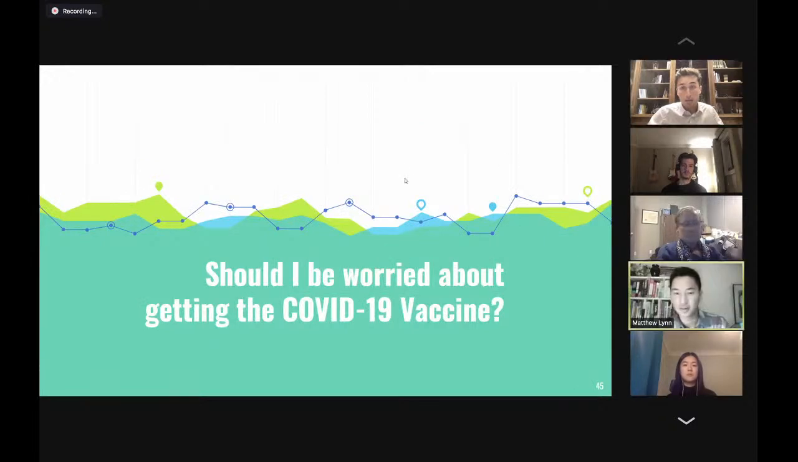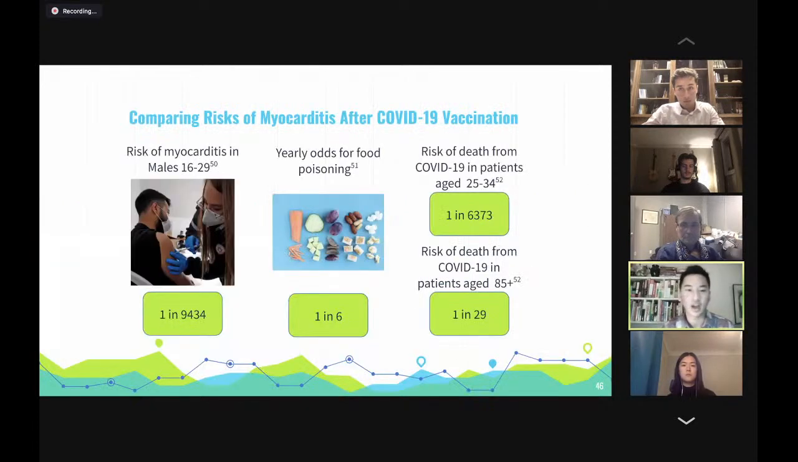All right. So now that we've talked a little bit about GBS and myocarditis, we just wanted to answer that big question. So is this something that we should be worried about? Should we be worried about getting the COVID-19 vaccine and getting myocarditis or GBS? Well, we decided here to compare some of the risks of myocarditis after vaccination to some other risks